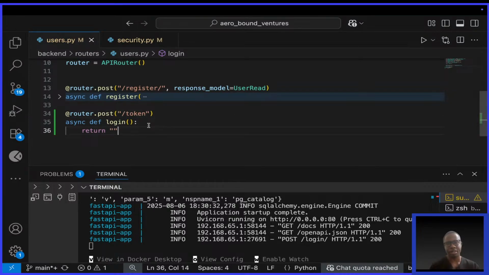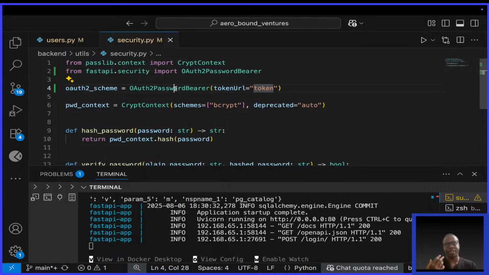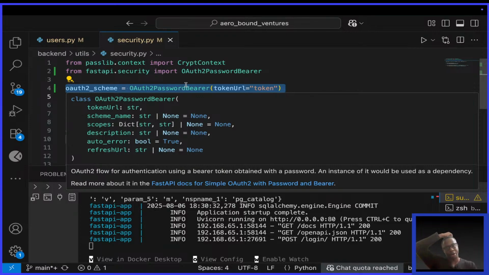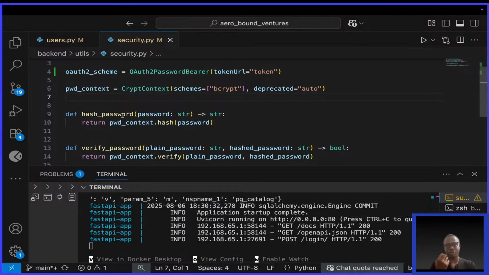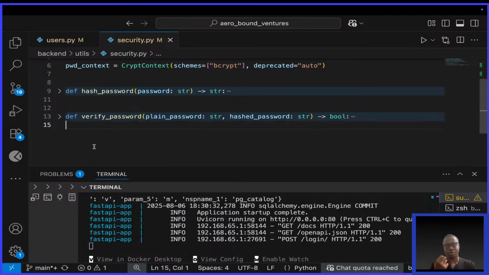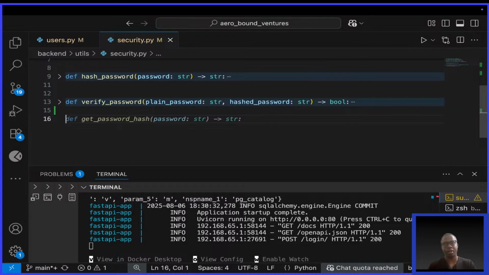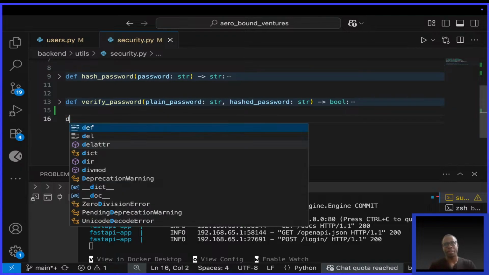And then like I told you, FastAPI does not do JWTs automatically for us. We're going to wire it up using this OAuth2PasswordBearer scheme. So to issue tokens on login, we need to create a function which will be responsible for creating access tokens. So in security still, let me close this and put it down. Down here I'm going to create a function called create